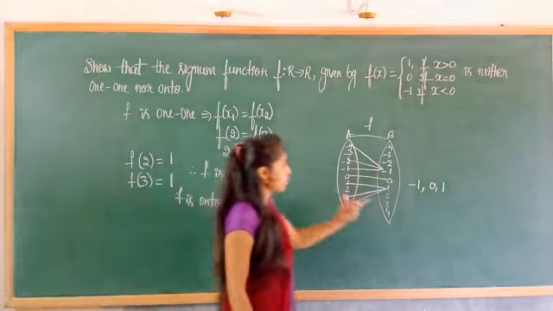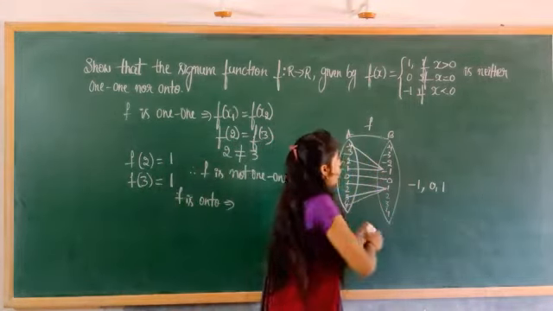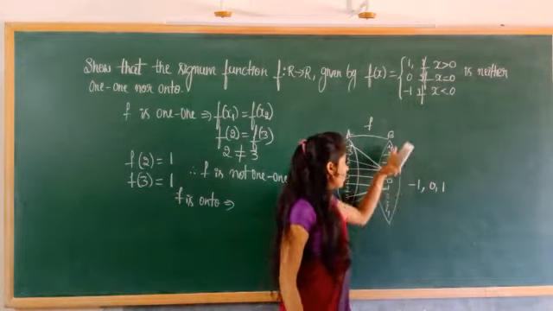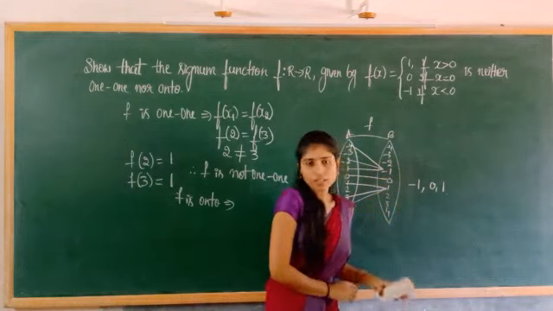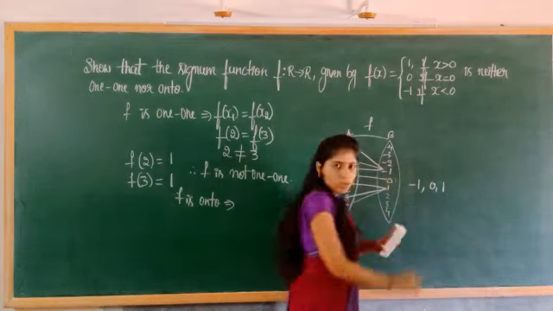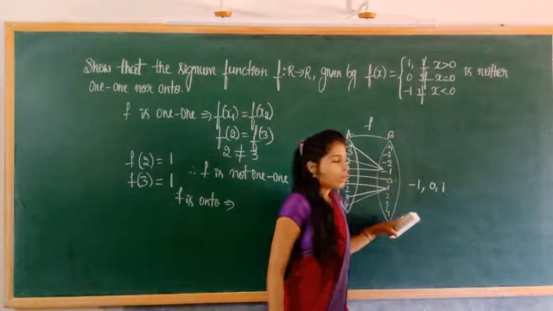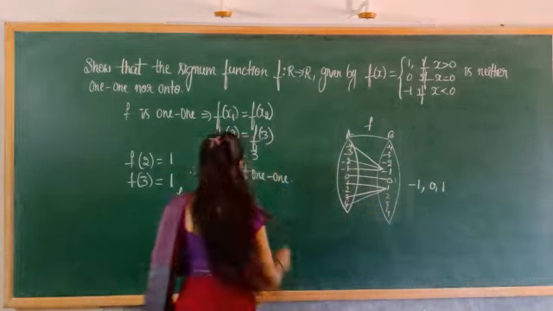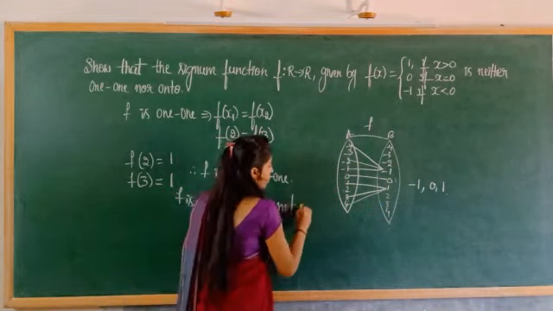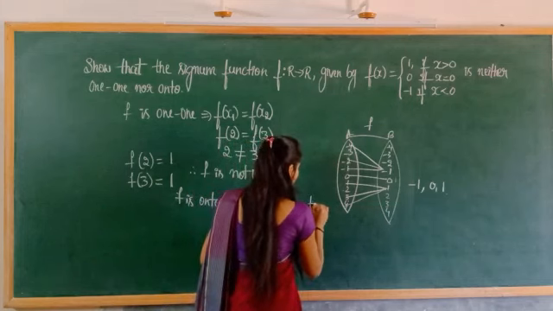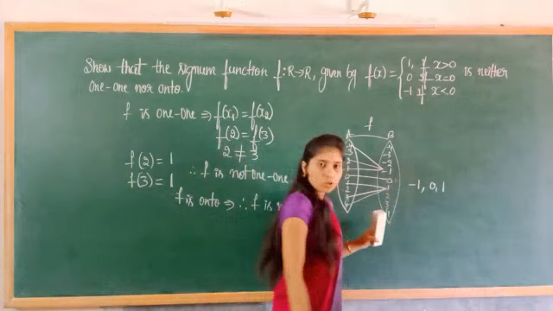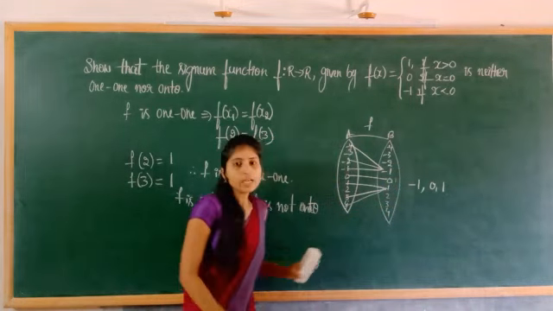Okay. And you see here in the onto condition, except 3 elements, minus 1, 0, 1, no other elements are related to any image here. So in the codomain, many elements are left except only 3 elements we have used. So f is also not onto here. Therefore, f is not onto. Okay. Your range is not equal to codomain and many elements are left in the codomain. So f is not onto. Okay. The next problem.